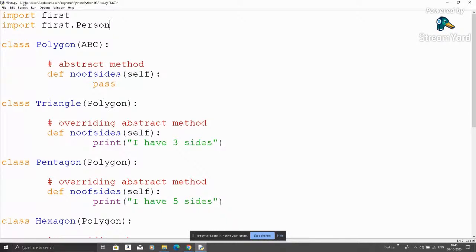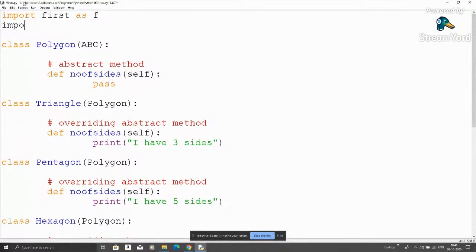Right now I will use it like this. Otherwise, if I want to give it a name, I do not want to use the bigger name first, I want to use it in a smaller manner, like F. That means I am importing first over there. Or we can use these features also.